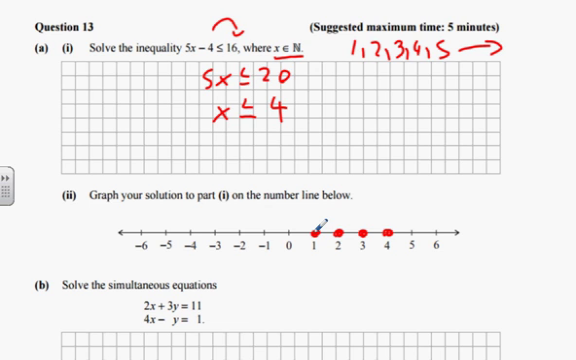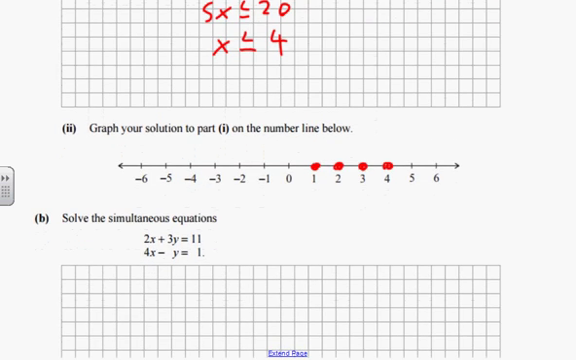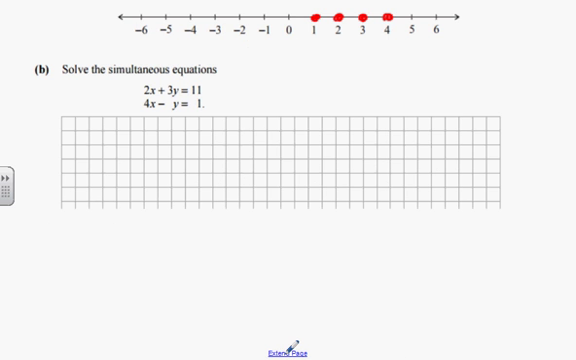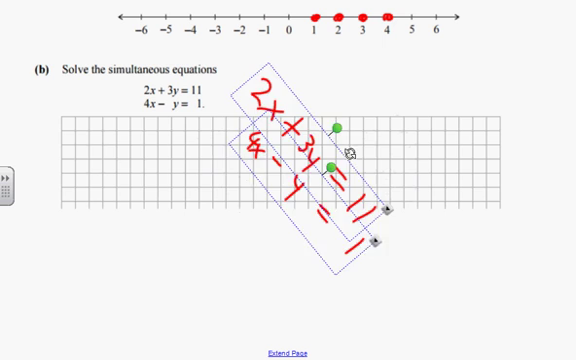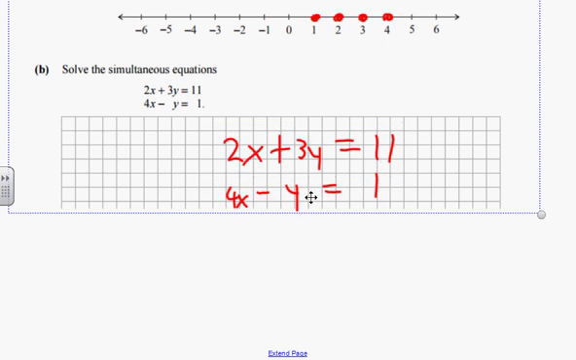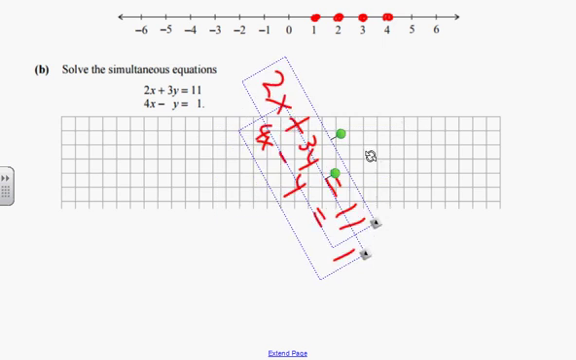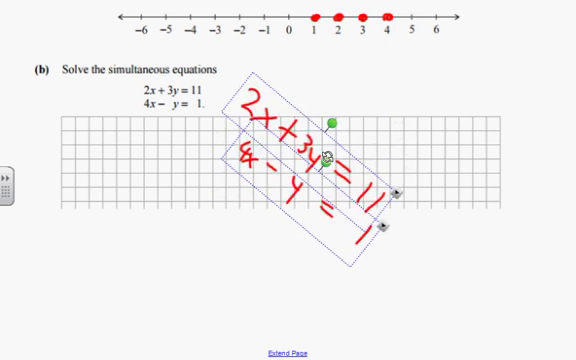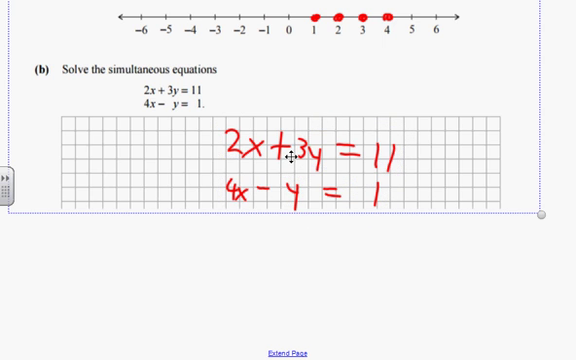Alright. Solve these simultaneous equations. Anyone in class remember how to solve a simultaneous equation? Yes. What I do is I times the top one, 2x plus 3y equals 11, by 2. Sorry, I times it by minus 2. Give a negative. And then the 2x's cancel each other out. So then you're left with